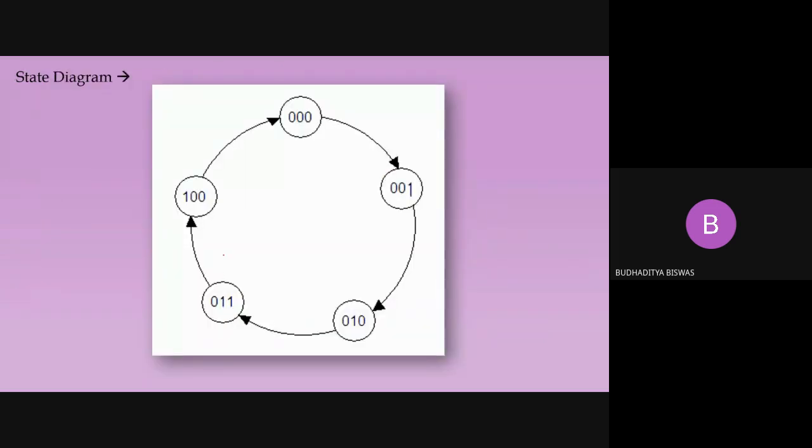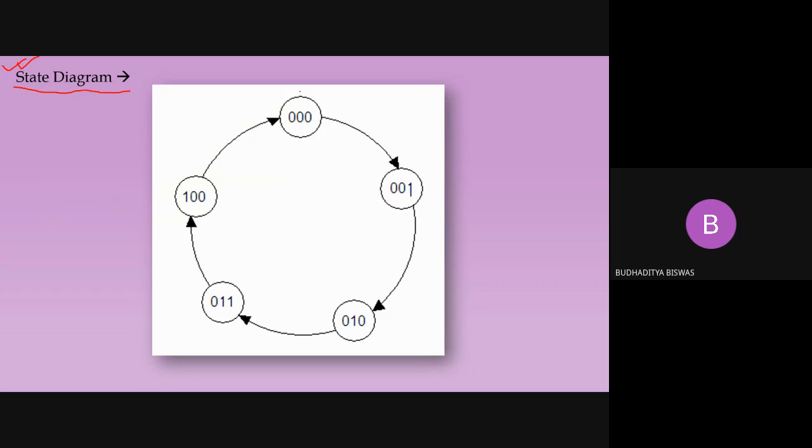Now come to this one. This is a very important thing. This is called the state diagram. To get full marks in the synchronous counter design, you have to draw the state diagram. In asynchronous counter design, you may skip the state diagram, but in synchronous design, where all the flip-flops get the same clock pulse, you have to draw it. The state diagram means the counting sequence of the counter.